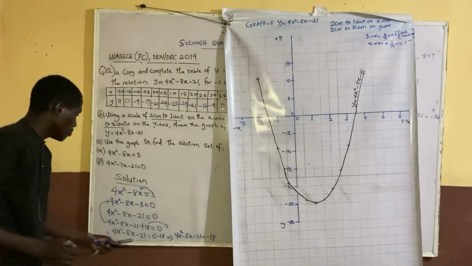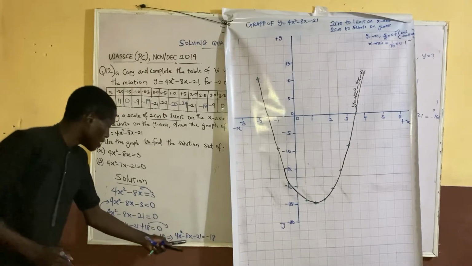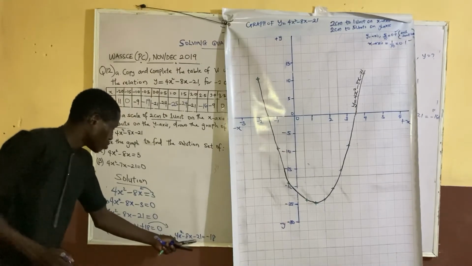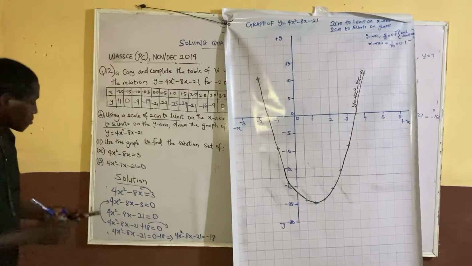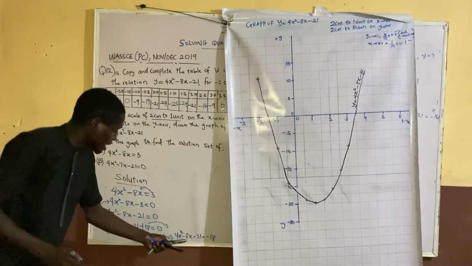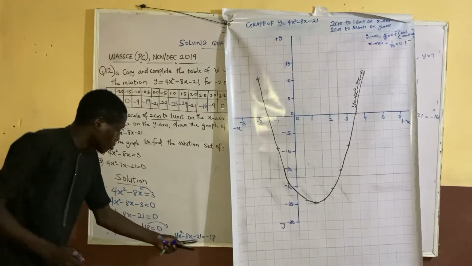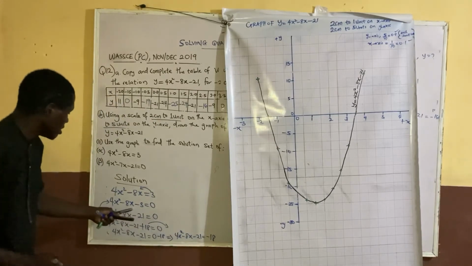So 4x squared minus 8x minus 21 equal to minus 18 is the same thing as